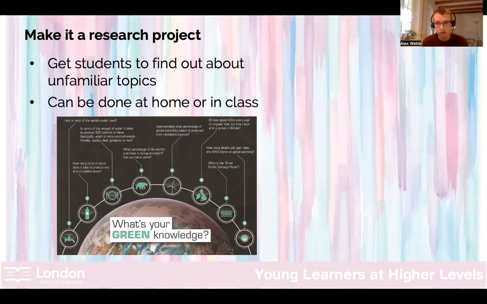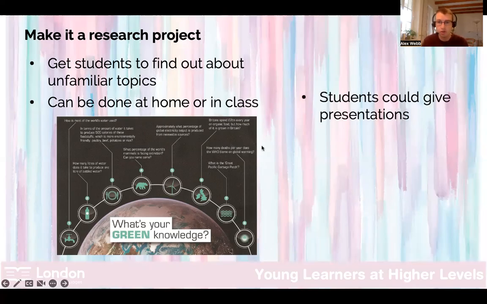Get them to Google the answers to these questions. There's no need for them just to have to talk about it without having the answers when they've got all of this technology at their fingertips. Getting students to research and find out about unfamiliar topics is a really good way of engaging them in the task and activating the schemata before you go into these skills tasks that come later on in the course book. If you want to practice students' speaking skills, they could even give presentations on what they've found